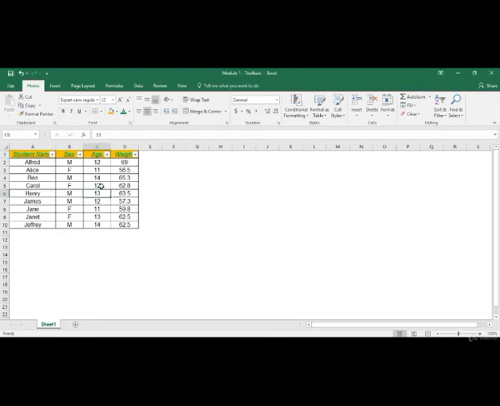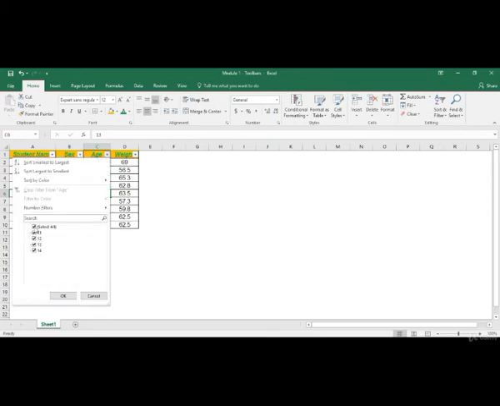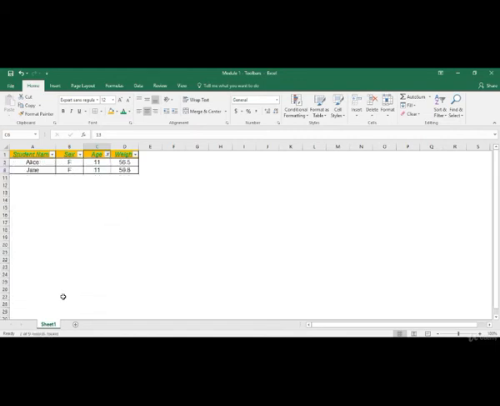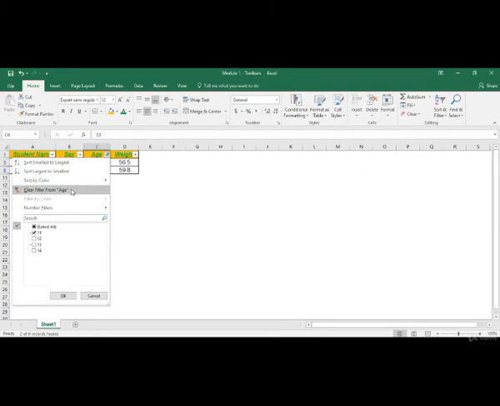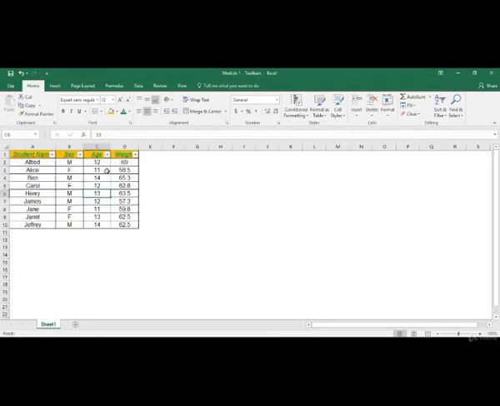I've got 4 different ages over here. I've got 11, 12, 13 and 14. Let's say I just want all the students who have an age of 11. So I click on age, I untick this and I just select 11. So now I've just got two cases over here, for the students who've got their age as 11. And this is how, by clicking on clear filter from age, I will remove that filter.